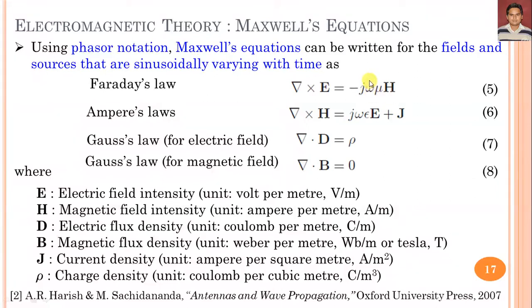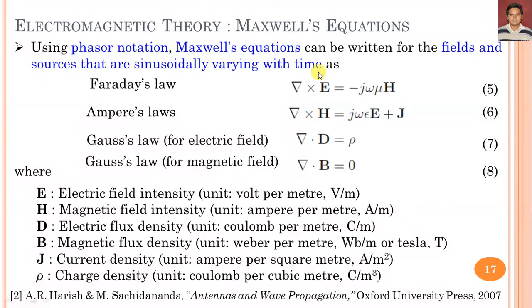Here, if we have represented j omega as equal to d by dt, then we can say it is equal to minus mu dH/dt. So the rate of change of magnetic flux density through a coil can generate the electric field, and this electric field is not equal to 0. But if the magnetic field is not time varying, in that case it does not generate the electric field component by using equation 5, and it is called Faraday's law of induction.